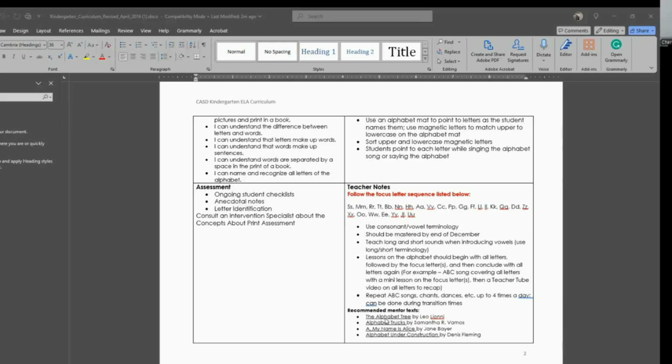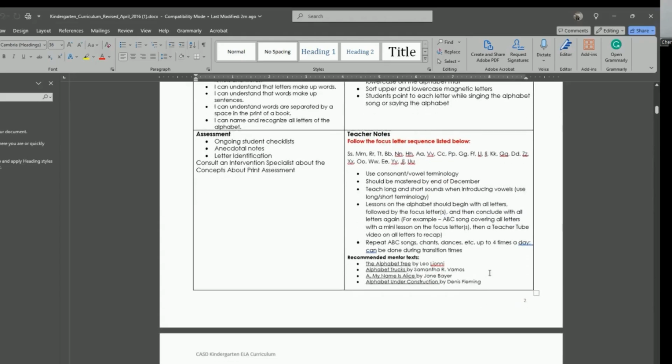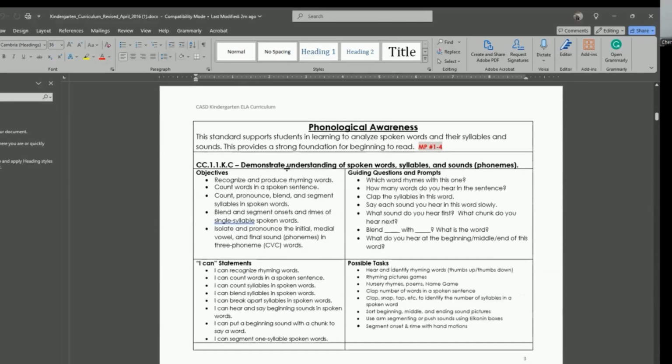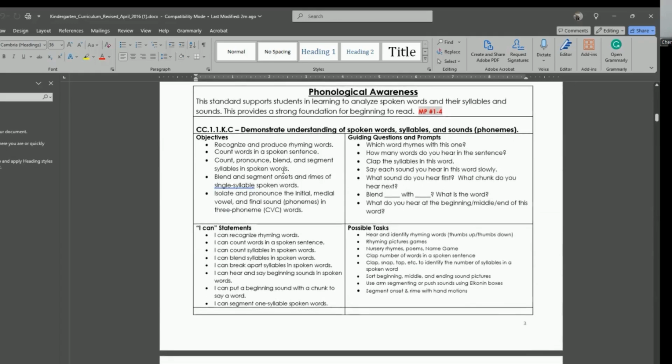And then they have this thing called an alphabet tree. Is it clickable? No, it's just highlighted. Must be a book. Yes, it's a recommended book to help supplement the teacher with learning how to write and letter formation. Here we have phonological awareness, and we have the standard here with the state of Pennsylvania, Commonwealth of